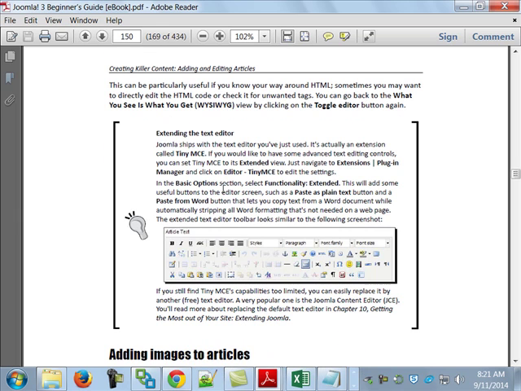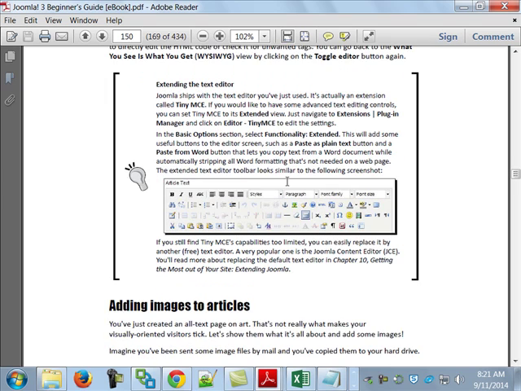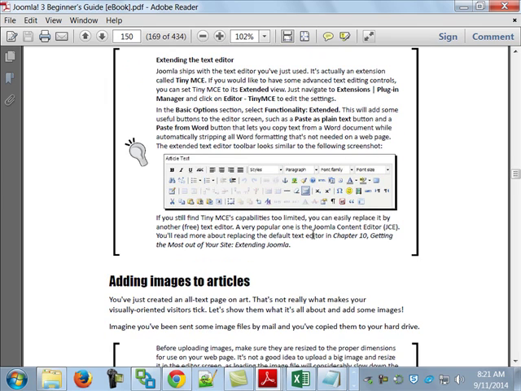All right, and then on 150, he mentions in here, and I'm not going to do this, but you can go to Extensions, Plugin Manager, and click on Editor TinyMCE. And if you choose Extended, notice what it changes to. You get a lot more options. Not only that, when we get to, I think it's chapter 10, they'll show you another editor that you can use. TinyMCE is kind of a generic editor that really wasn't created for Joomla. All right, so they've created sort of a version of it that's more Joomla specific,